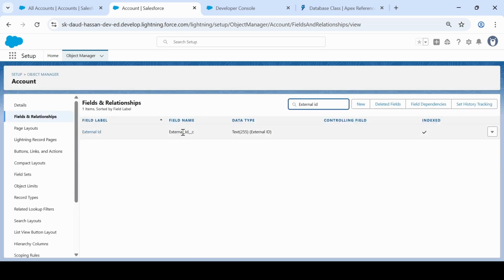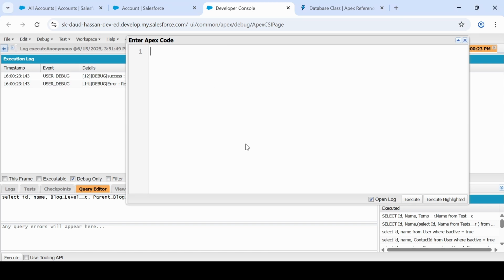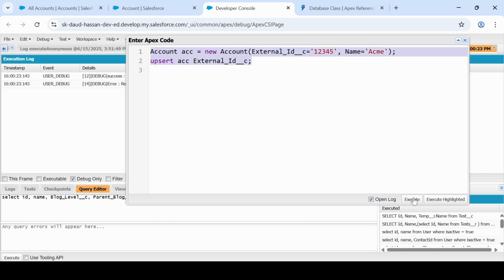You'll see, okay, this is set as an external ID. Now suppose I am inserting one record. Okay, we are upserting one record with this external ID, and we are using the external ID to identify whether that record is present or not. Okay, now if I execute this script,